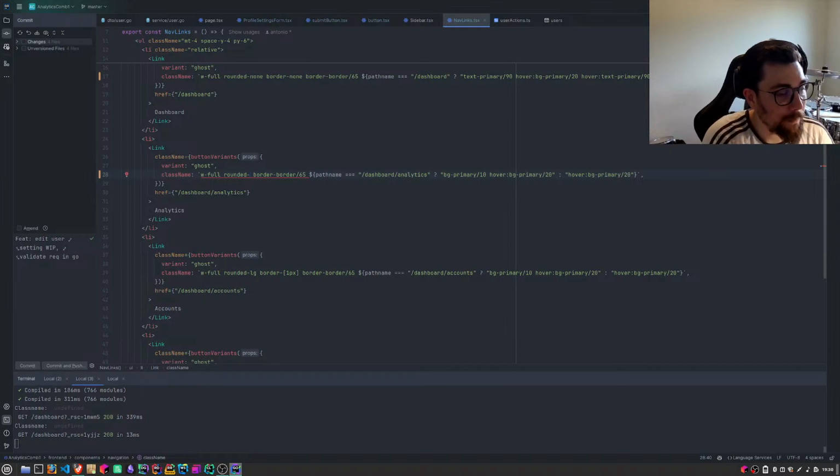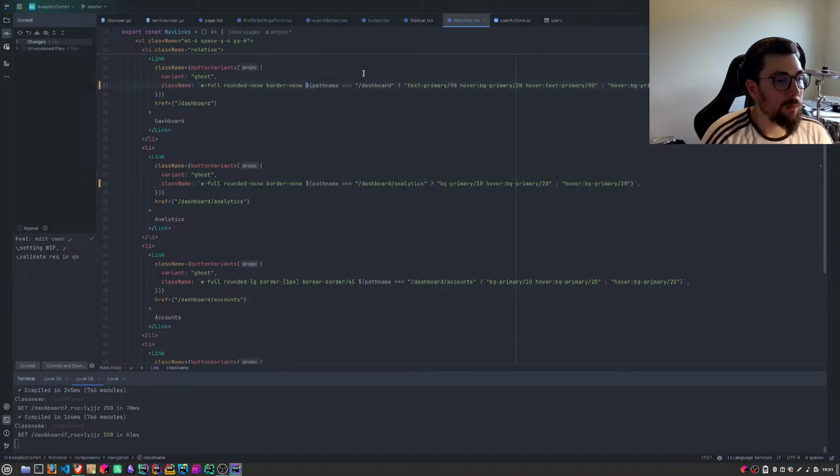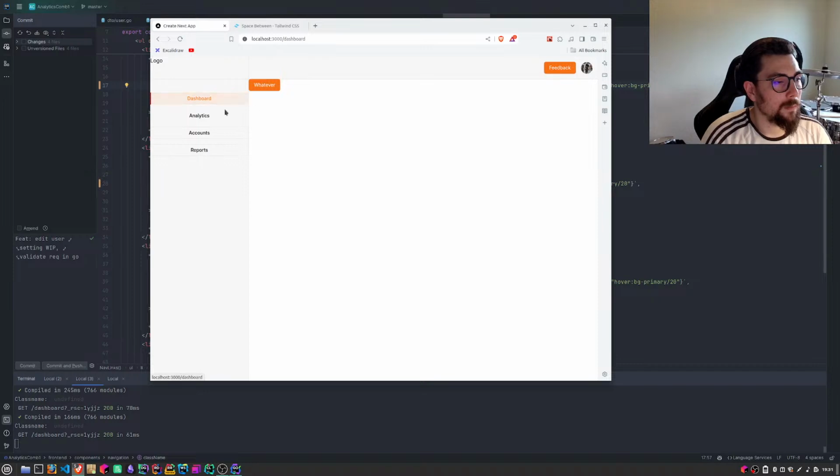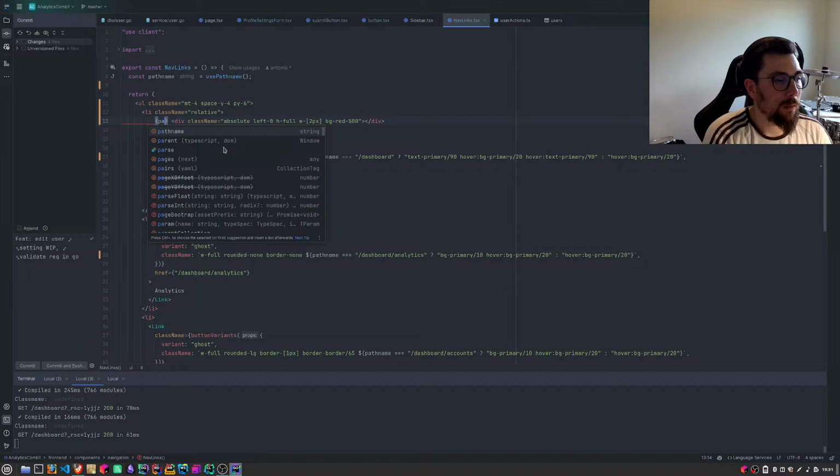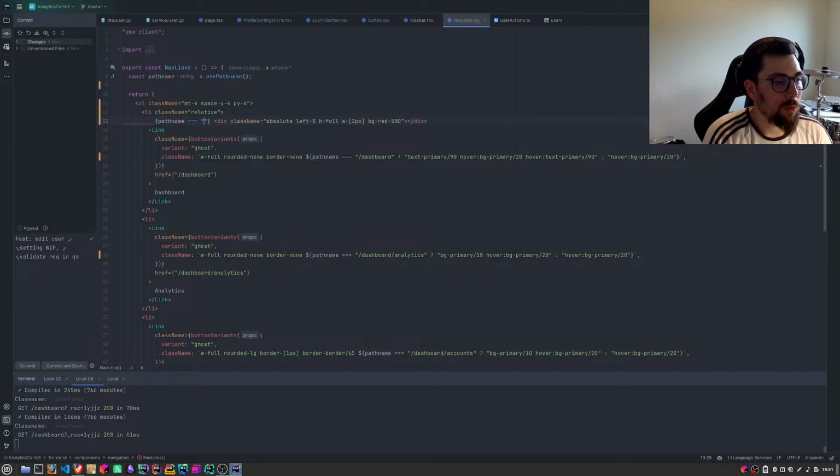It's fine. It's all Tailwind, so it shouldn't be too bad. Border none. Remove this. Remove this. So setup path name is equal to dashboard.